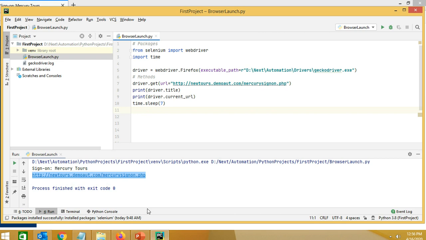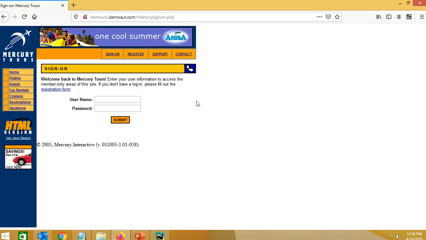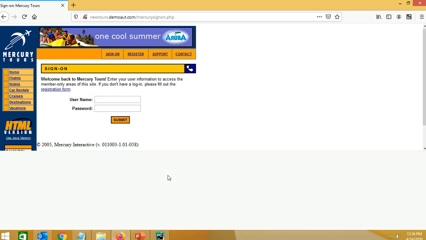There is one more thing that we can verify. We are on this page of the website and we want to check whether a particular field is present or not, whether the field is editable or not. So what we have to do is just right click on the field and inspect it.